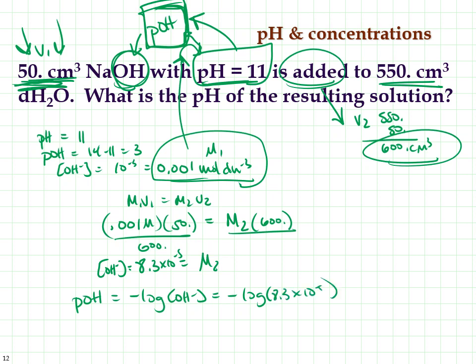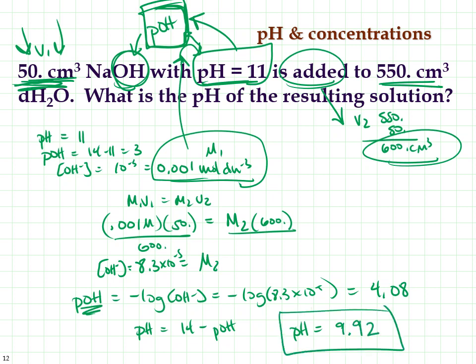My handy dandy calculator says 4.08. 4.08 is my pOH. The pH is going to equal 14 minus my pOH. 14 minus 4.08 is going to give me a pH of